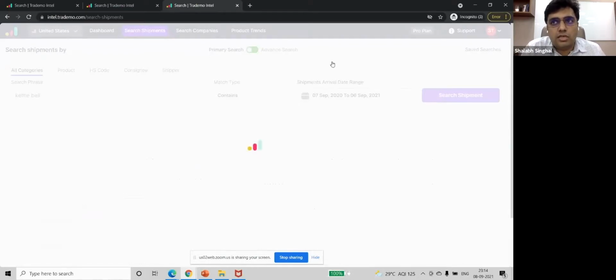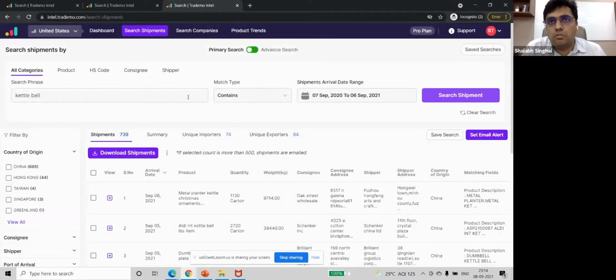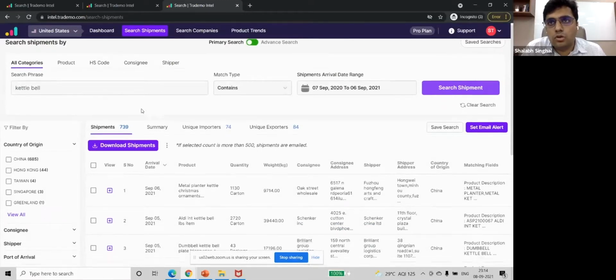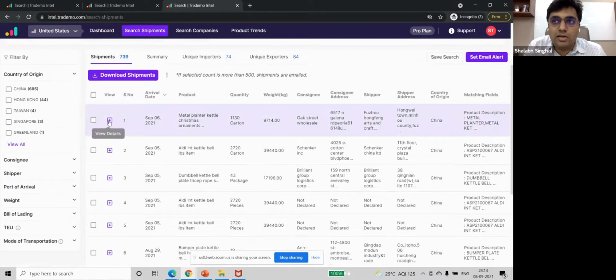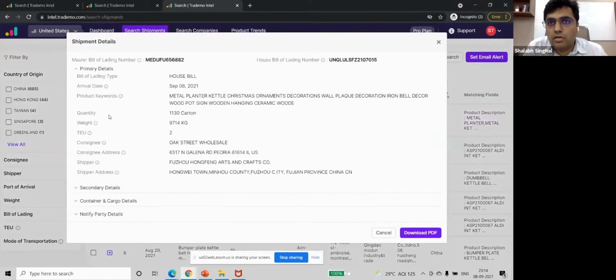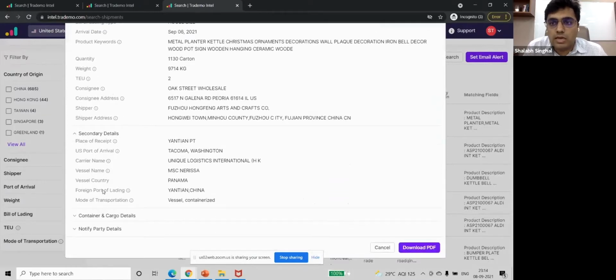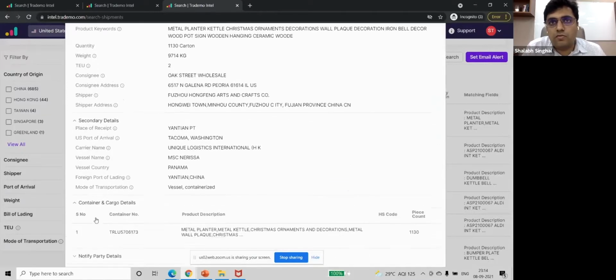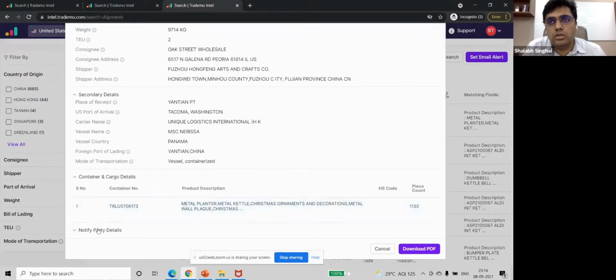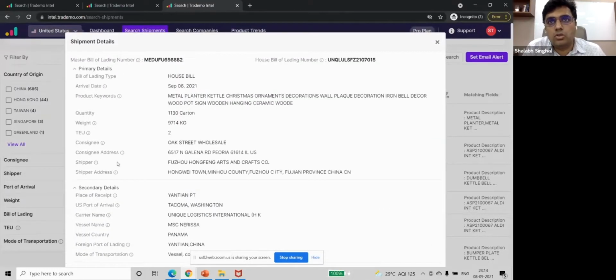With regards to confidentiality, different countries have different regulations around it. For example, the US allows a consignee or an importer to not reveal their name in a particular bill of lading document, but we still get to know all the other details like the quantity, the HS code that we determine, the overall volume of that particular shipment, and the pricing as well. So yes, as a consignee, specifically when we are talking about US ocean imports, there is a process by which one can choose not to reveal their complete details.